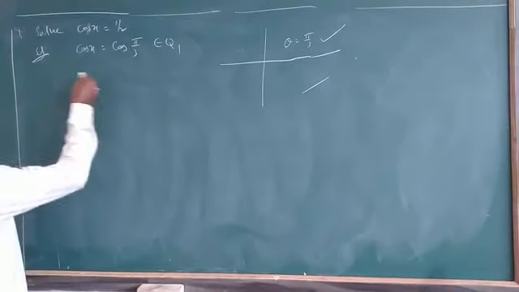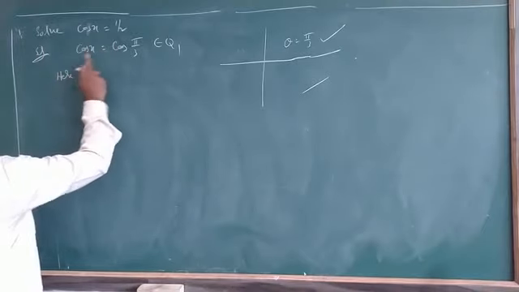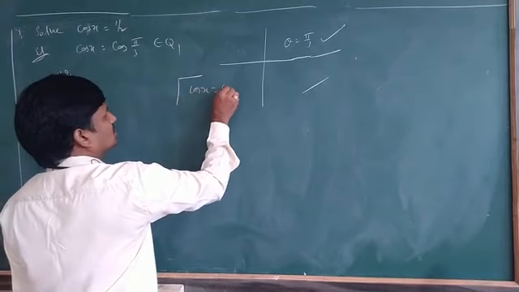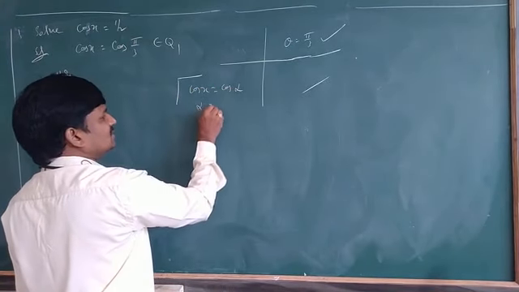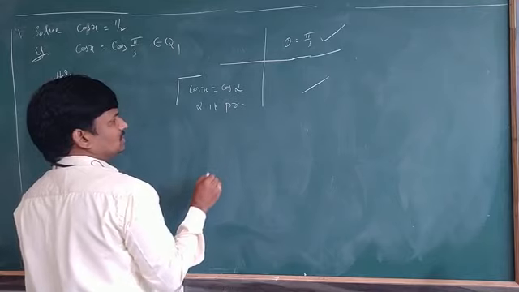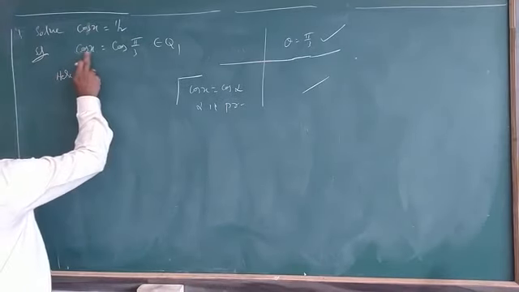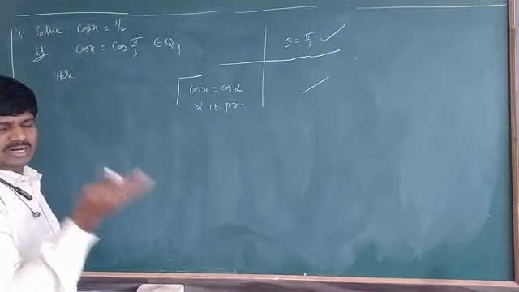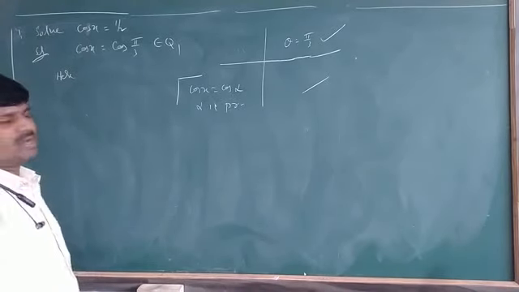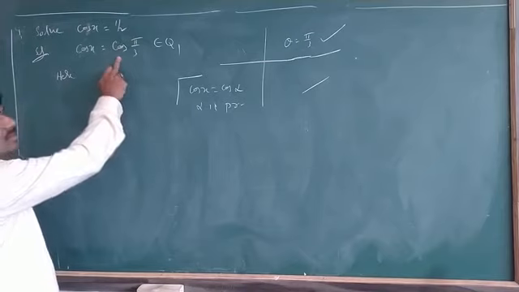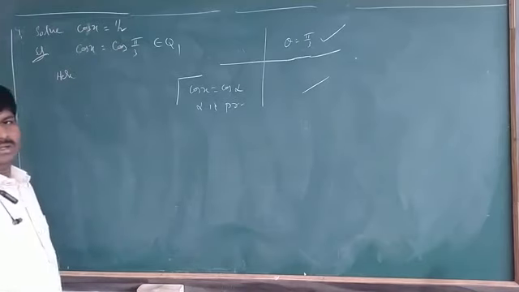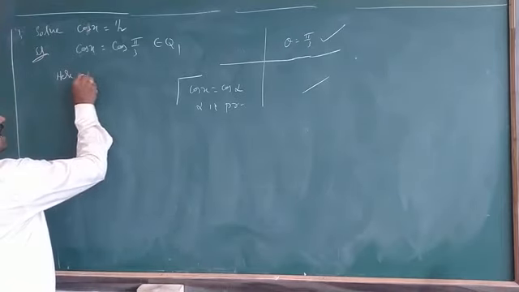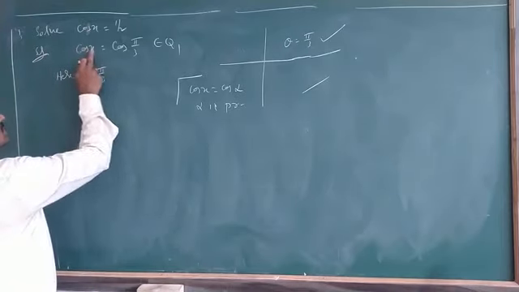So here what is alpha? Cos x is equal to cos alpha form. Yes or no? In which form is it? Cos x is equal to cos alpha. Here alpha is the principal solution. Here there is no negative. If negative is not there, then okay. If negative is there, we have to change this. So cos x is equal to cos alpha form. So what is that principal solution? Here alpha is equal to pi by 3.